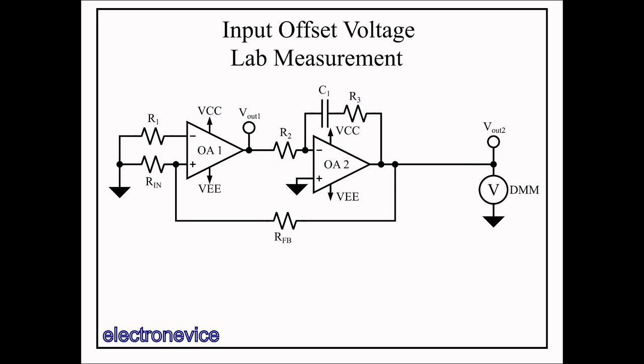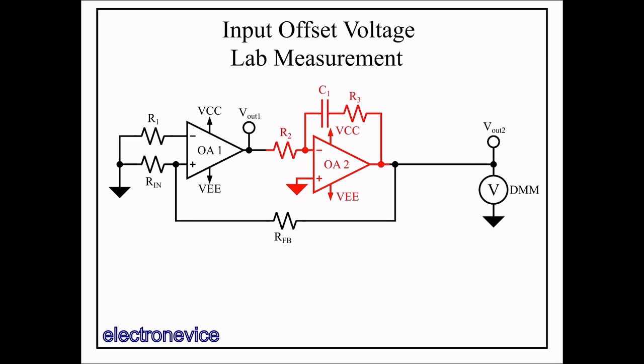Here we have two cascaded op-amp circuits. The first op-amp, OA1, is the device under test, or DUT. The DUT's input offset is the parameter we're measuring. The second op-amp, OA2, is in the integrator configuration with a resistor in series with the integrating capacitor. This indicates that at high frequencies, the subcircuit containing OA2 acts like a simple inverting amplifier. The way this overall circuit works is very similar to a simple non-inverting amplifier.